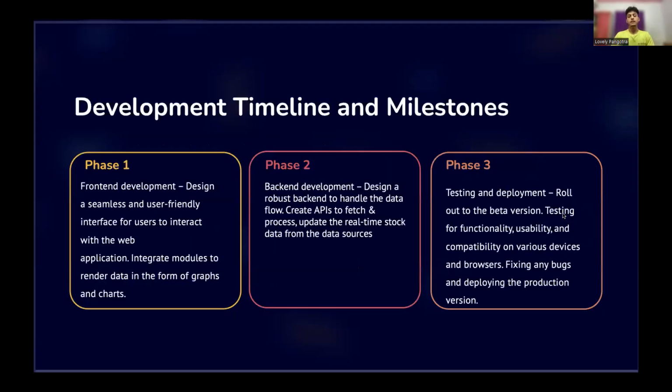So first of all, whenever a project manager gets a whole project, he divides it into phases. In our case, we divided the project into different phases. Front-end development would be the way in which the user and client would see the whole project running in front of their eyes in a browser. Phase 2 would be designing the backend, that is all the things that we will be creating in the backend, and the user can access the backend, and can also fetch certain APIs such as the Alpha Vantage API and all the other APIs that we use in this project. And the third phase would be testing and deployment.